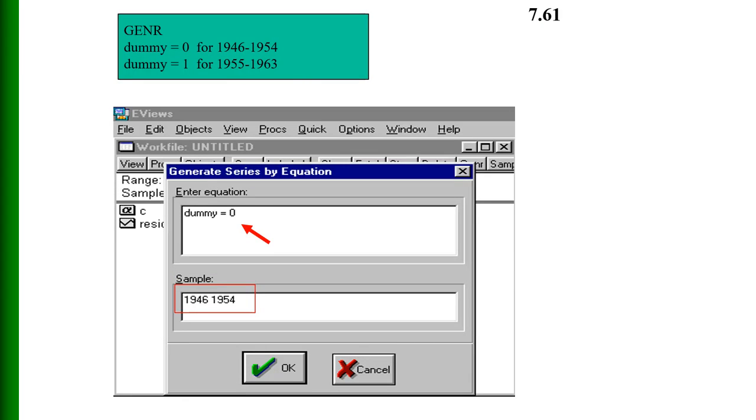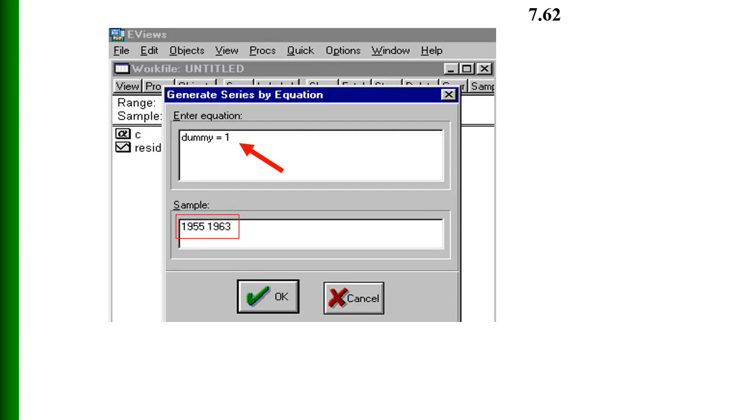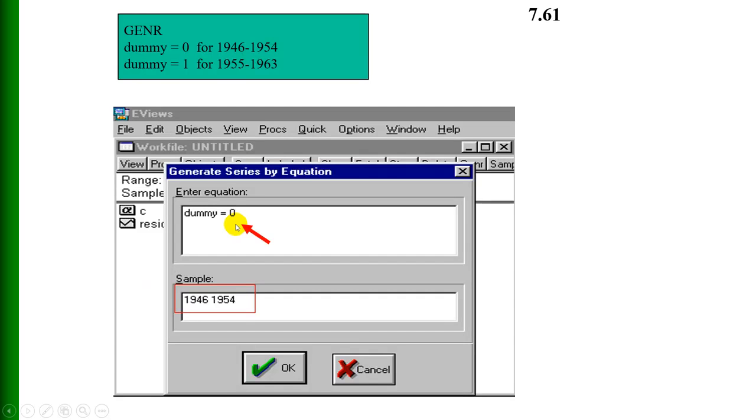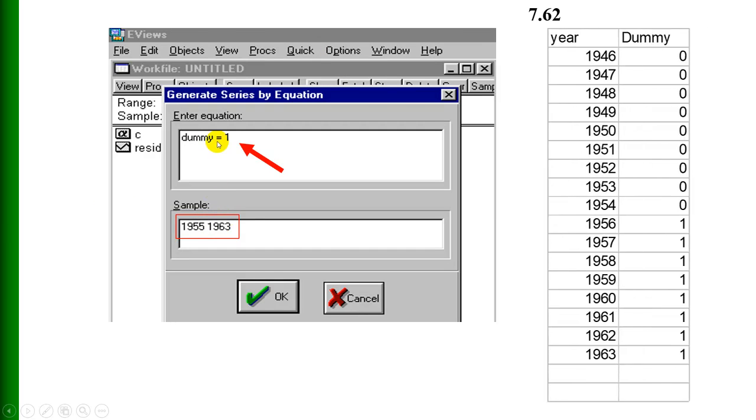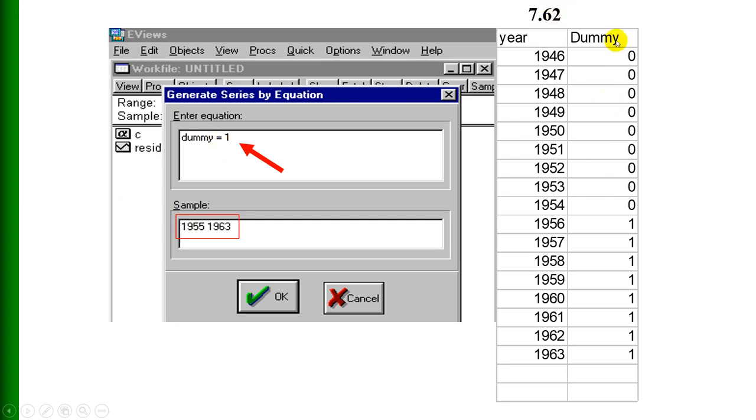So we can generate like this. So dummy is equal to 1 for this period. Here is the sample, and the 0 1 is here for this sample. 1946-54 the dummy is 0, and for 1955 to 1963 the dummy is equal to 1. So here are the dummy values,